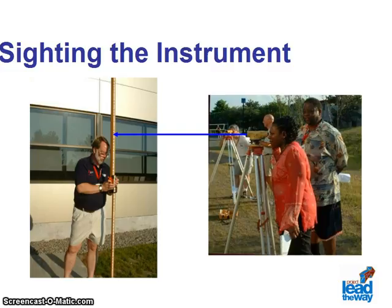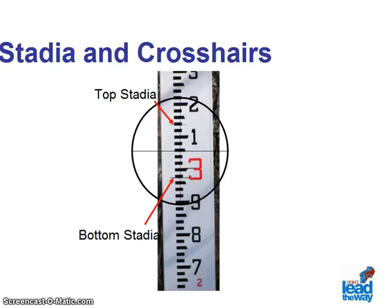rod are clear. If for some reason you've gone outside with your students and have forgotten the rod level, here's a surveyor's trick. The rod can be rocked gently forward and backward toward the surveyor. When the rod is in its perfect vertical position, the distance between the stadia lines is the smallest. Remember, those are the lines on the top and the bottom